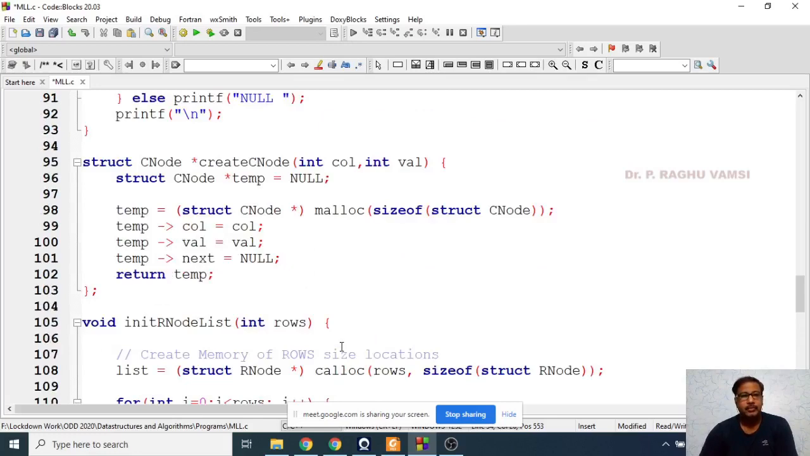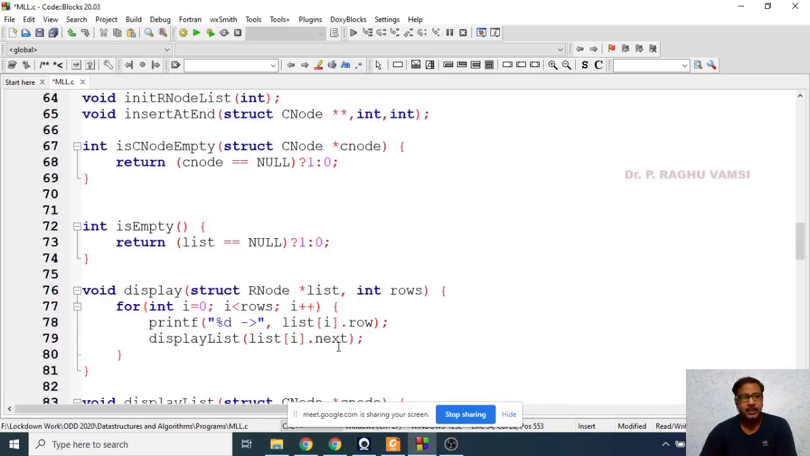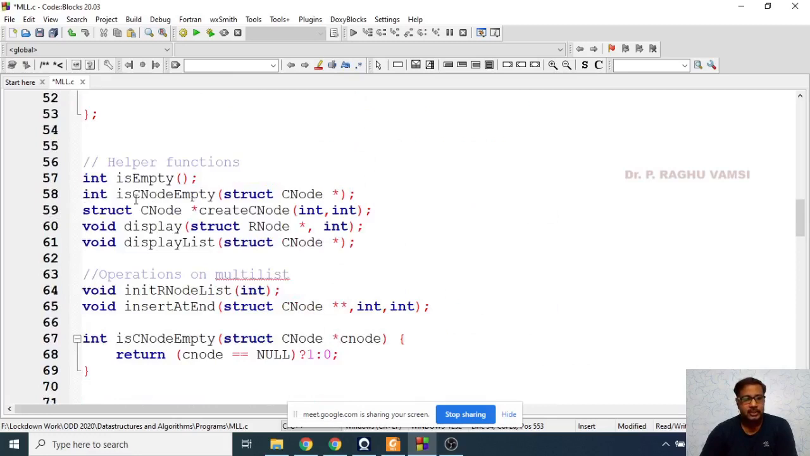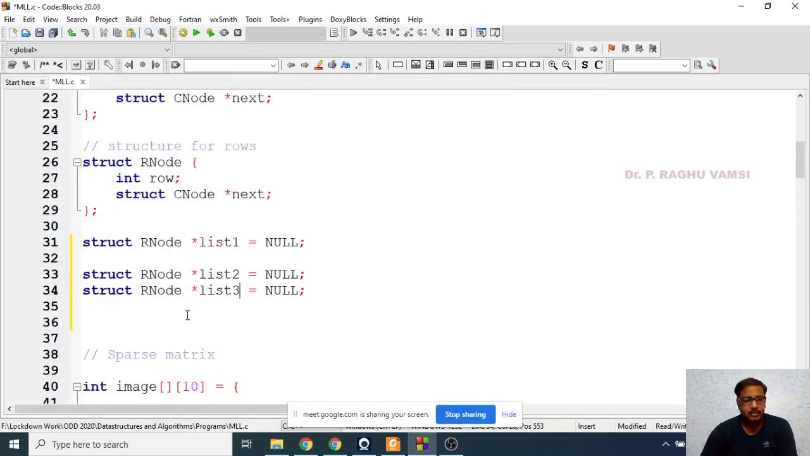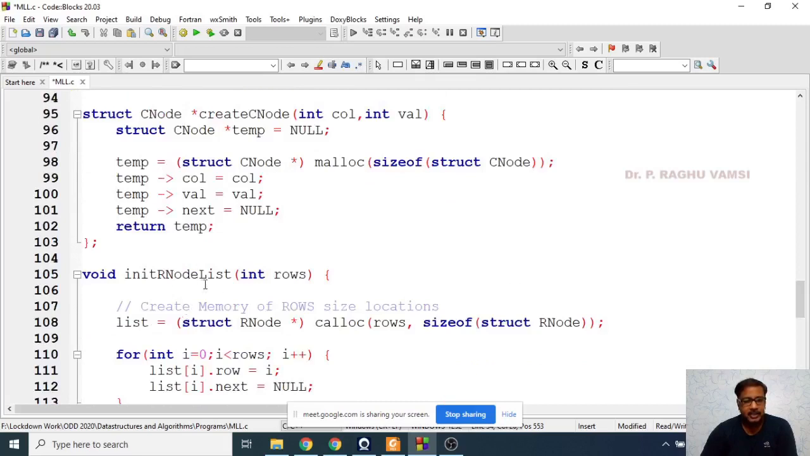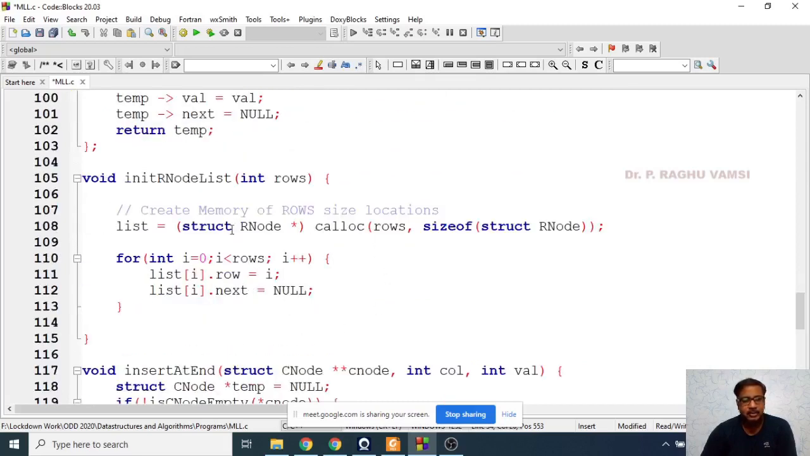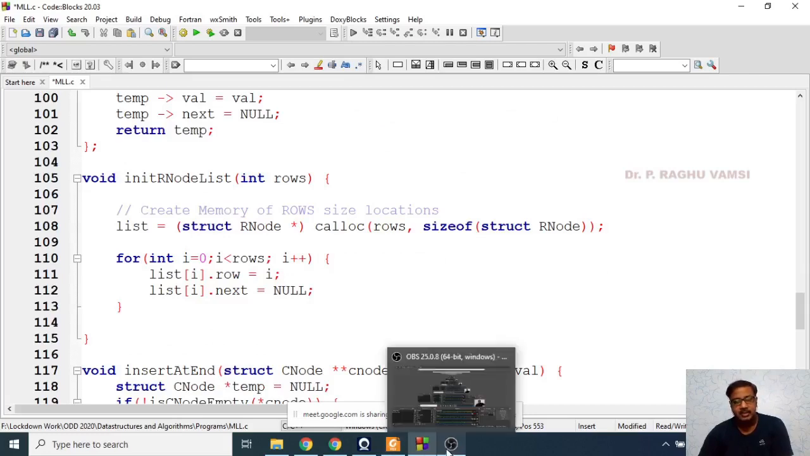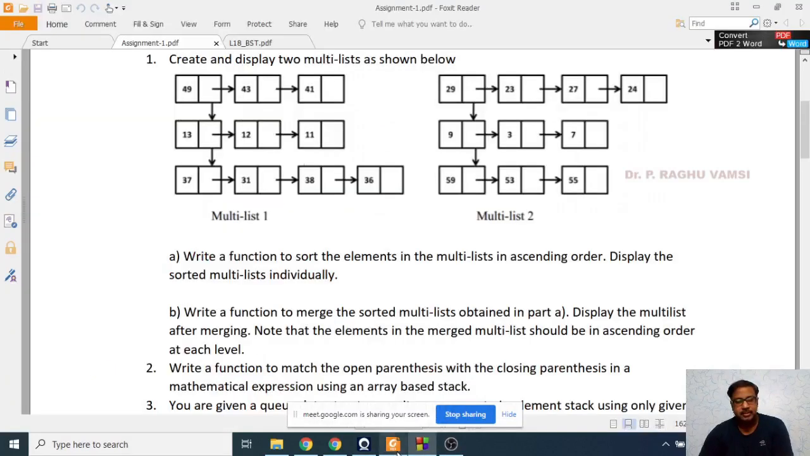Whenever you make this, obviously here C node is there, C node empty is checking, C node display, list display, init R node. What are the other functions to be used for insertion? Here init R node, so here the initialization will be done. Currently all the lists will be initialized to 0 or null. That means, for example, I want three columns. Sorry, three rows I want. That means 0, 1, 2. So initially you create 0, 1, 2 and initialize it to